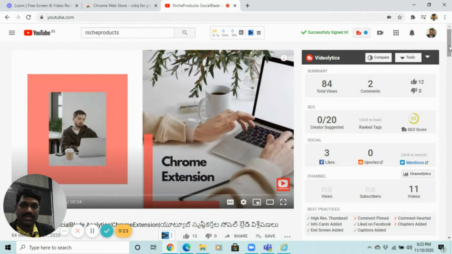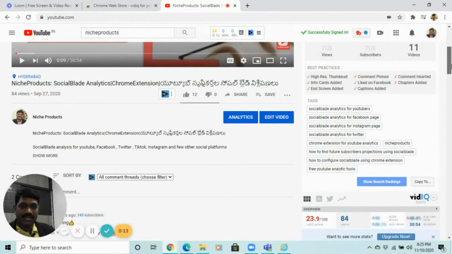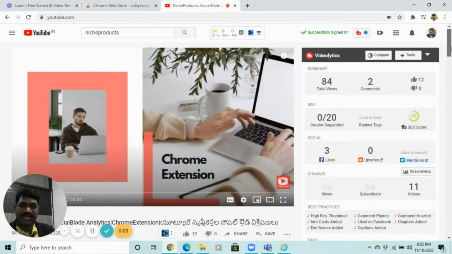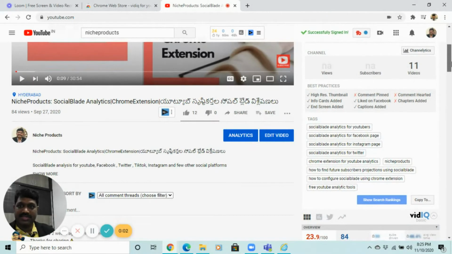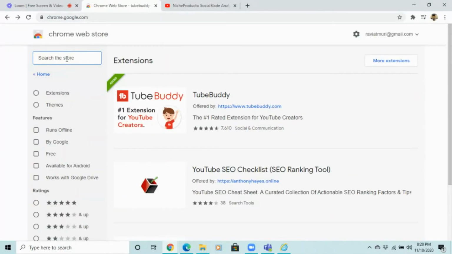And also once you reach a certain set of subscribers, you can always go for a pro version. At this point of time, it is not required to go for a pro version. vidIQ is available in a free version, and TubeBuddy is available in a free version. vidIQ is only available as a Chrome extension, whereas TubeBuddy is available just on the Chrome extensions, which we have discussed so far on